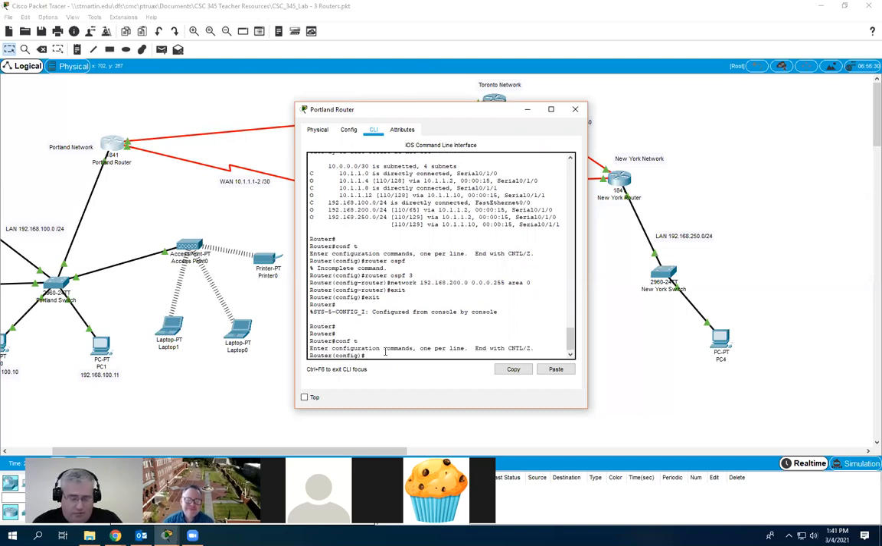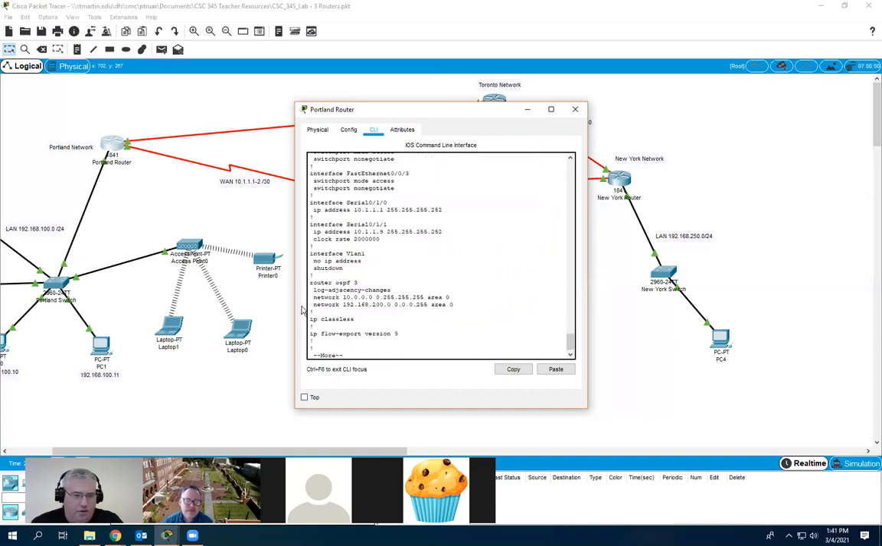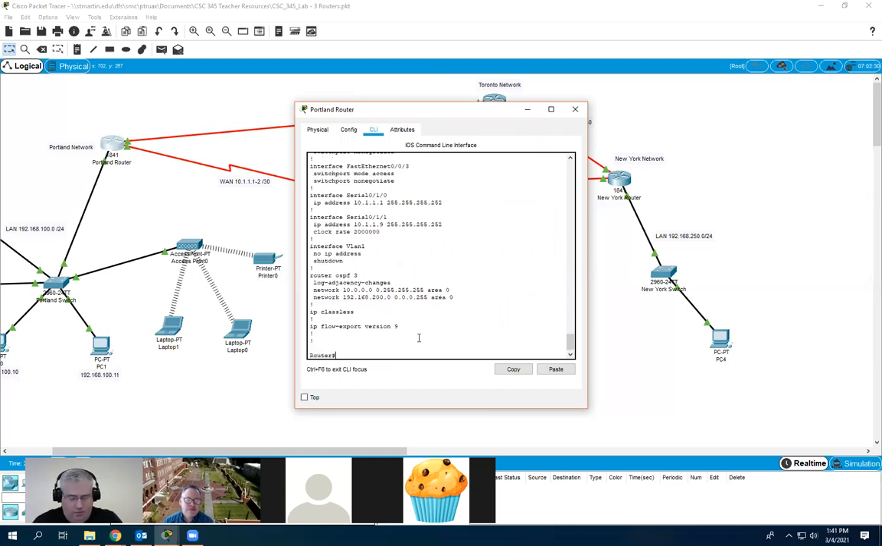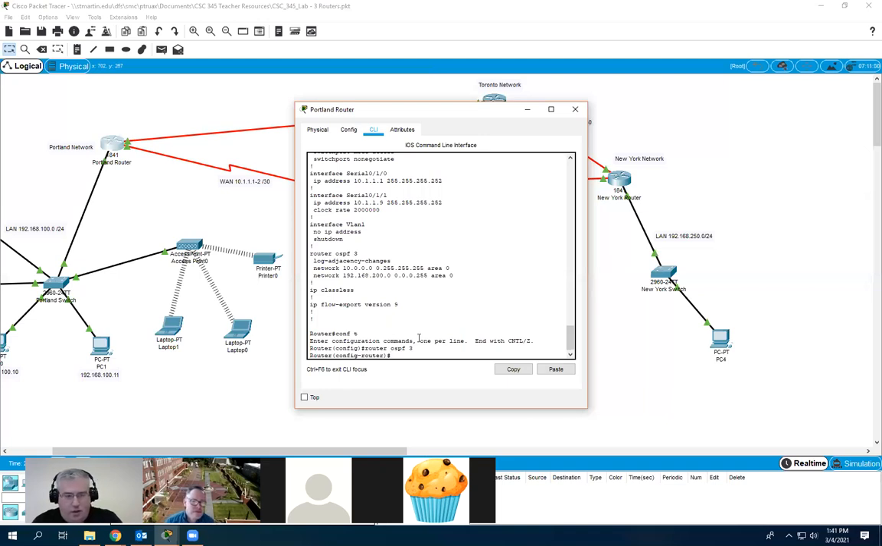So now to fix that, this is a good showing. If you do a show run, go down here. You can see that I've got this misconfigured. It should be a 100, not a 200. And so what you do is you go back into configuration mode. You type in router OSPF 3, because I used the 3 for the process ID, and then you do no network